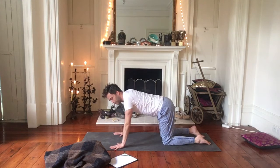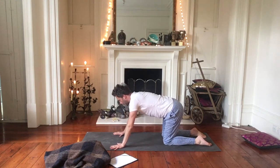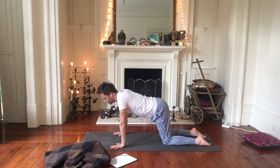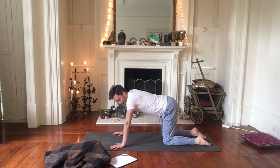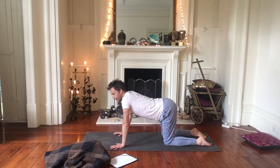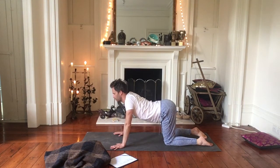We're going to spread the fingers, the pointy finger or the index finger facing the front of the mat, and then taking your shoulders around the wrist, just gently warming up into the wrist, one way and the other. Now we're focusing on the tummy, so I want you to really let the tummy go. Drop the tummy to the floor, extend through the top of the spine,